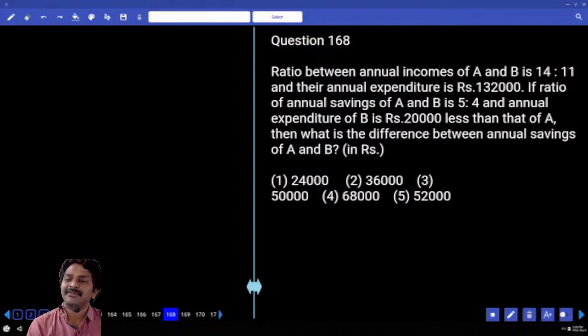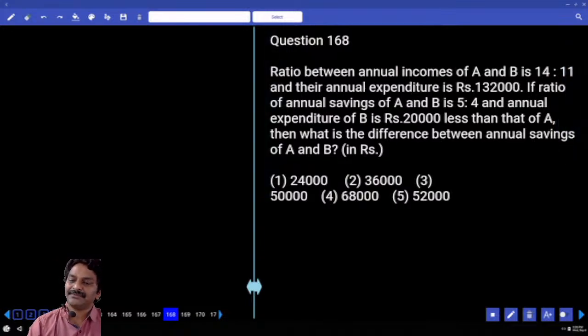The ratio between annual incomes of A and B is 14:11. Annual expenditure is 1,32,000. If the ratio of annual savings of A and B is 5:4 and the annual expenditure of B is 20,000 less than that of A, what is the difference between annual savings of A, B? Right. So now